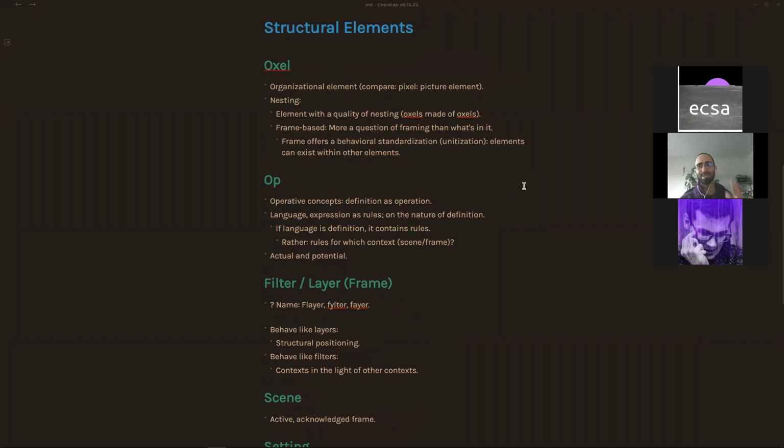I'm having a revelatory moment with the oxels, sort of like as a framing. I'm thinking if everything can be understood as an oxel, whether that's going back to OBOK, a move can be an oxel, but also the game itself could be an oxel. Yeah. I'm thinking, because that becomes like an arbitrary line, I'm wondering what does the framing provide in